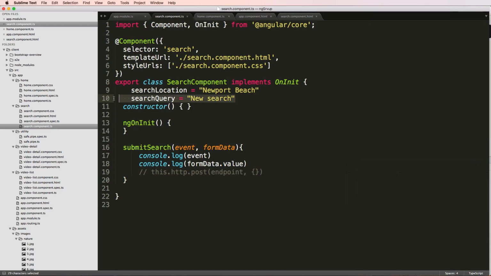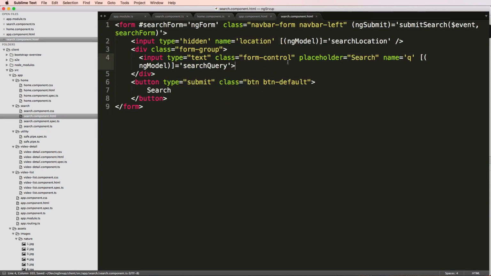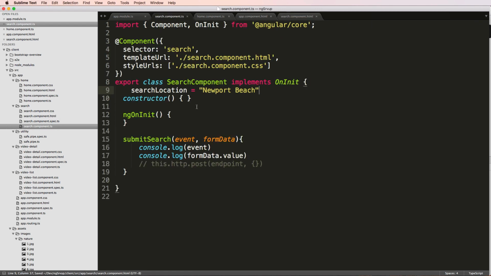Okay, that's a cool start, but I'm going to get rid of that original search query. But what I will do is show you change. So I'm going to change this location when I type here. And I'll just go change equals to, well, some sort of method. So I'll just say search typing or whatever, search change, search query change, let's call it that. Come back into our component, search query change,